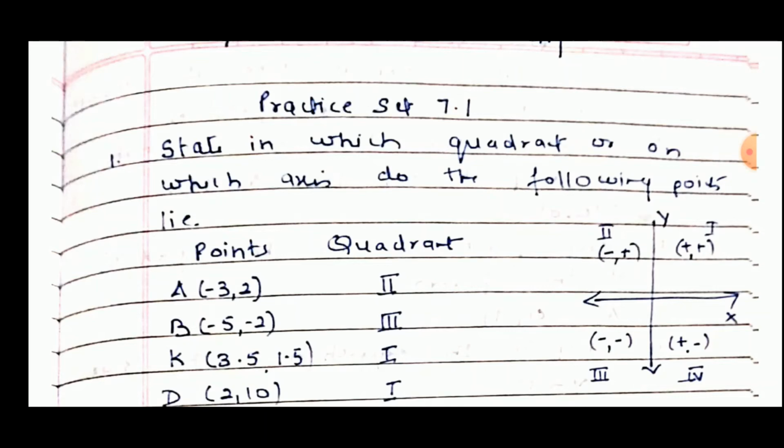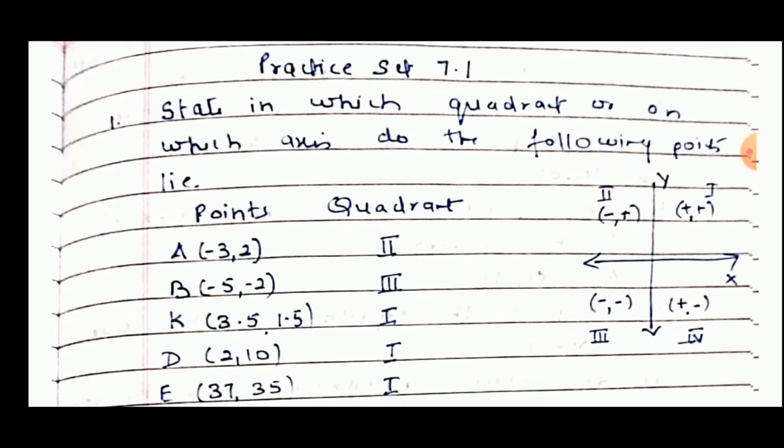Now we know all the points which are lying in the first quadrant have both the coordinates positive. The points which lie in the second quadrant have x coordinate negative and the y coordinate positive. All the points which lie in the third quadrant have both the coordinates negative, and the points which lie in the fourth quadrant have x coordinate positive and the y coordinate negative. So the point A